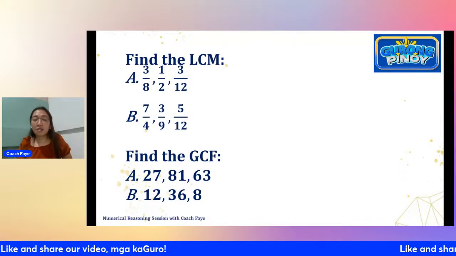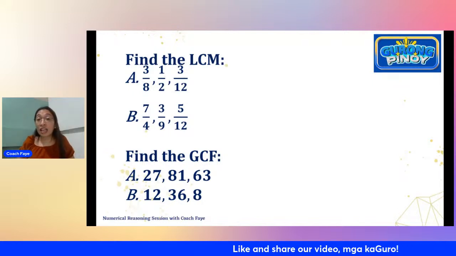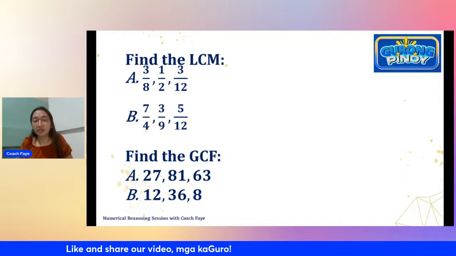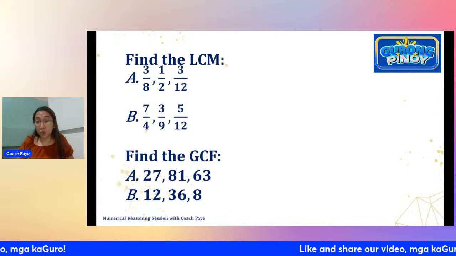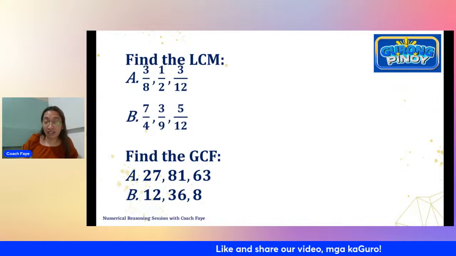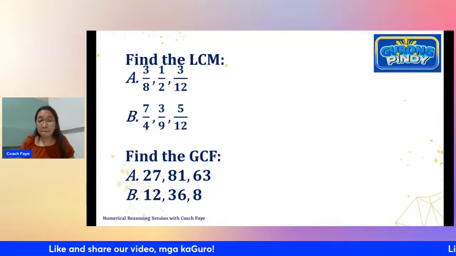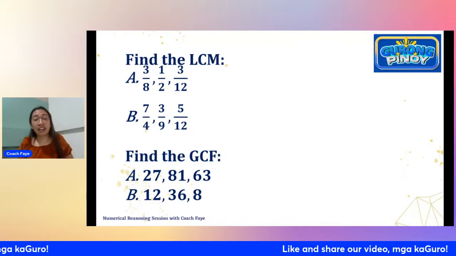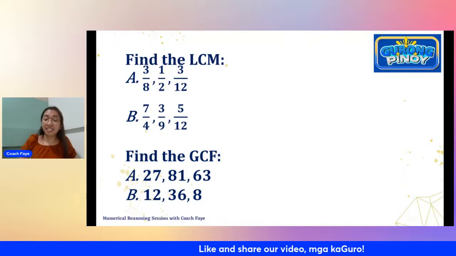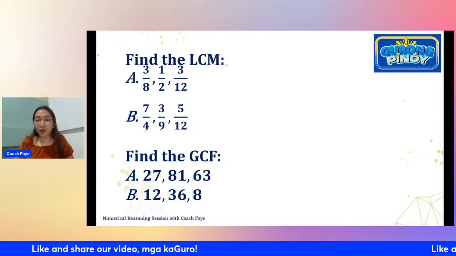Least common multiple for item A is, the largest denominator there is 12, right? So you might want to consider 12. However, 12 cannot divide, or 8 cannot divide 12. So hindi pwede si 12. What shall we do? Si 12, i-times 2 po natin. That would be 24. Si 24 kaya na bang mag-divide yung 8, 2, and 12? Since it's yes, then the correct answer for LCM A is 24.